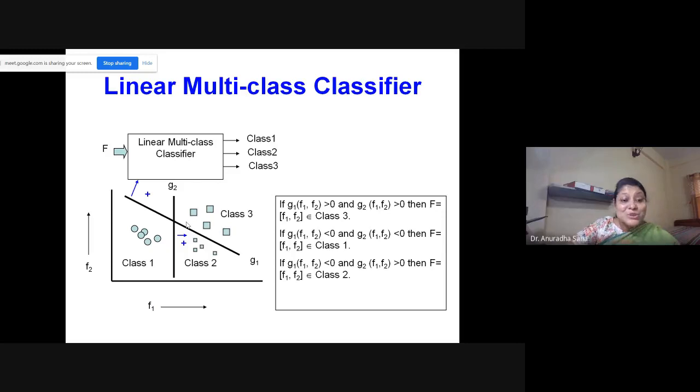So this would be your two class classification problem. But if you have more than two classes, then automatically we need another function